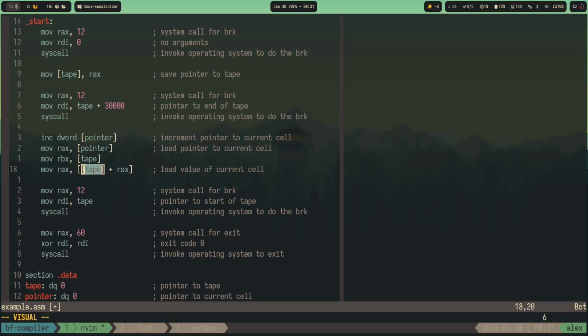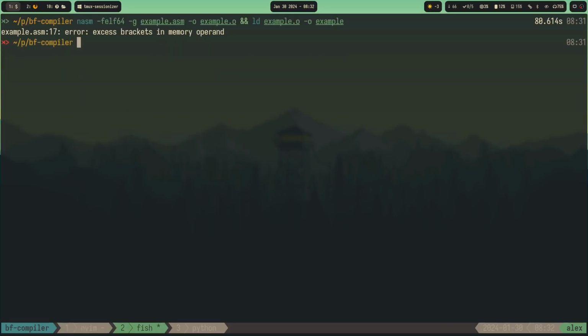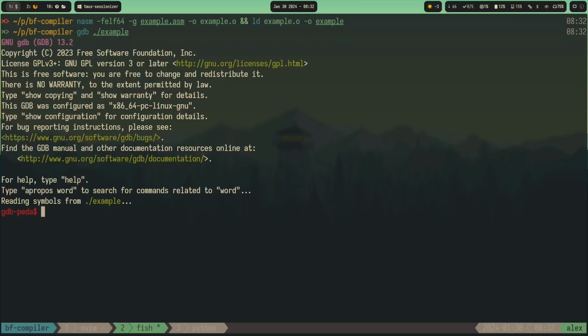rbx, and here we need to do this. Oh my god, yeah, let's not talk about that. Let's imagine that I didn't just do that, because you can't add registers like that. You have to use operations. Okay,